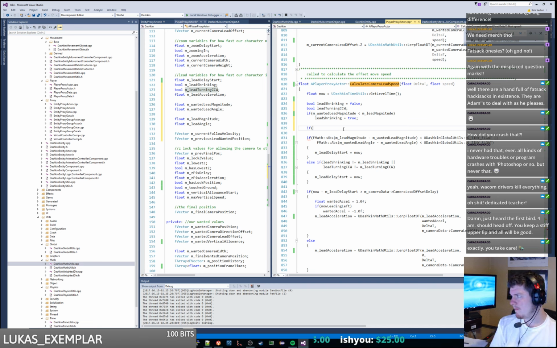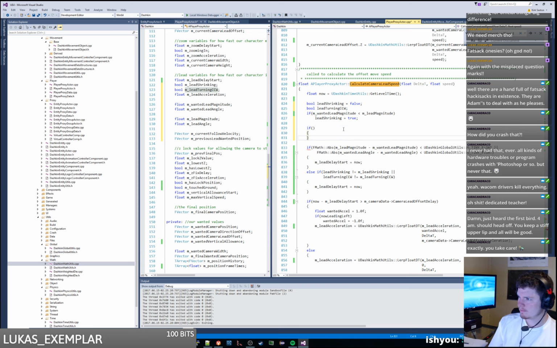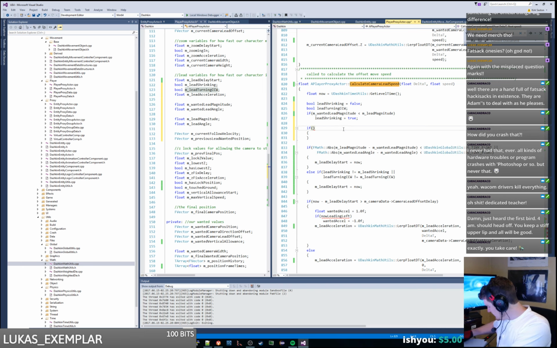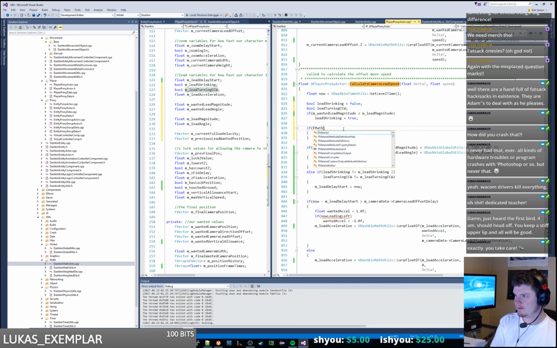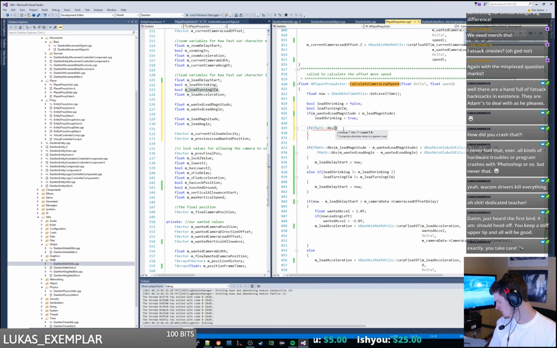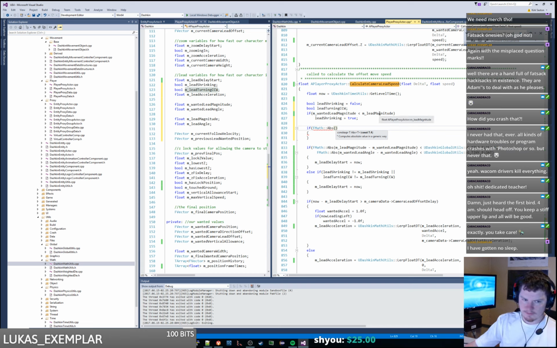If we know the angle and we know the previous angle, so let's see, if we have two angles, we've got angle 1 and we've got angle 2. If the fmath, the absolute value of the angle subtracted from each other, so it's gonna be like, you've gotten